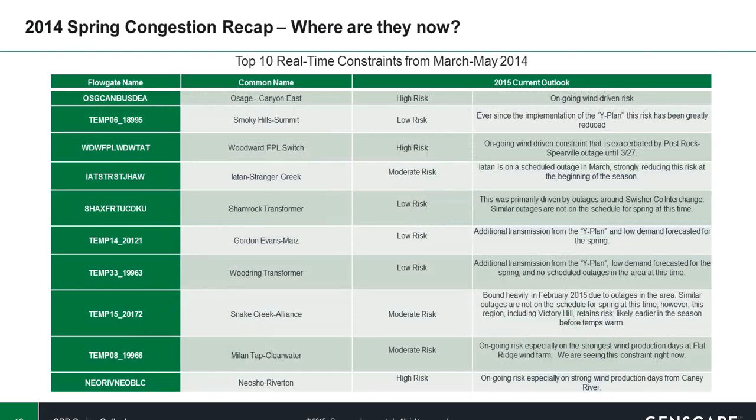And so, now we're going to jump into the congestion section. Jared is going to go through what we're looking at for what happened last spring, and then what our expectation is for some of the major constraint risks for this spring. Hello, everyone. On slide 18,